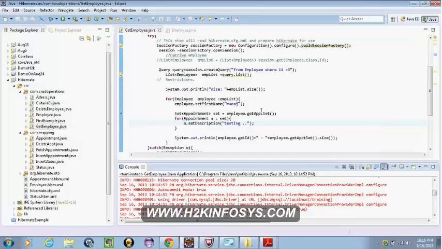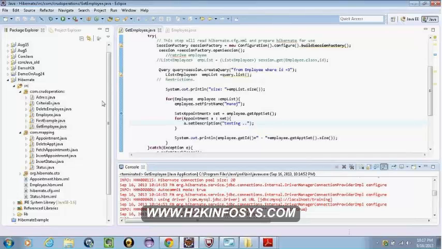So you say create. Okay, you're selecting employee with ID equal to 3. Yes, that employee has a specific appointment, right? And the appointment status, it is not able to get the appointment status.